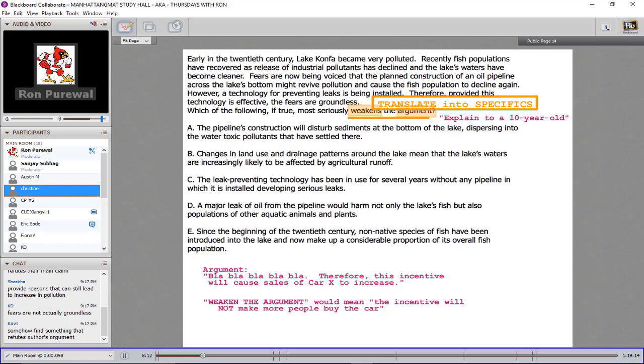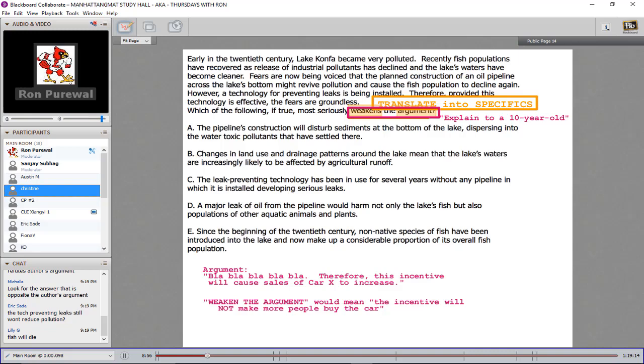So, if you said to a 10-year-old, this incentive will not achieve its goal, a 10-year-old would have no idea what that means. On the other hand, if you said, okay, this plan will not make more people buy cars, that makes sense. How would you explain to a 10-year-old what this means? Weaken the argument. Actual 10-year-old, guys. Opposite the author's argument will not mean anything to a 10-year-old. There we go. Yeah, right? It still will not reduce pollution.